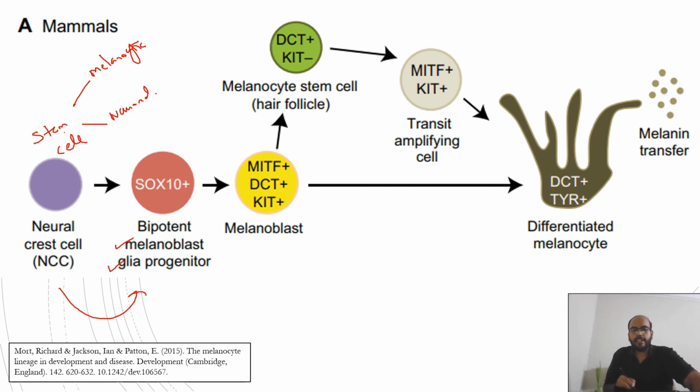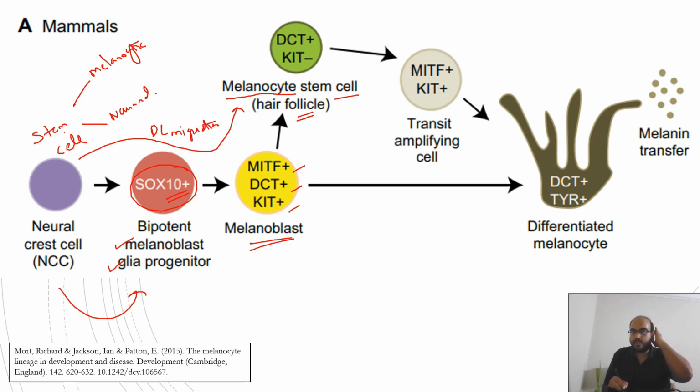Under the action of the SOX10 gene, it gets transformed into a melanoblast. And in the melanoblast, with the interaction from the KIT ligand, DCT, and MITF, we'll discuss MITF subsequently, this converts into a melanocyte stem cell, and this melanocyte stem cell is there at the level of the hair follicle. So from the hair follicle, you have the dorsolateral migration of the cells. Clear? And then these act as a source, and from the follicle you go to the